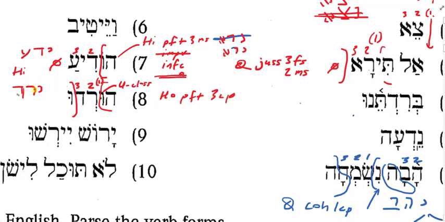Now, in the hifil, okay, go back to cal. Cal is to go down. Hifil would mean to what? To cause to go down, which could mean to bring down or take down. And so the hofal makes that passive. So they what? Were taken down. They were taken down. They were brought down. All right, so that's the way you translate that. Okay, any other questions here about your forms?